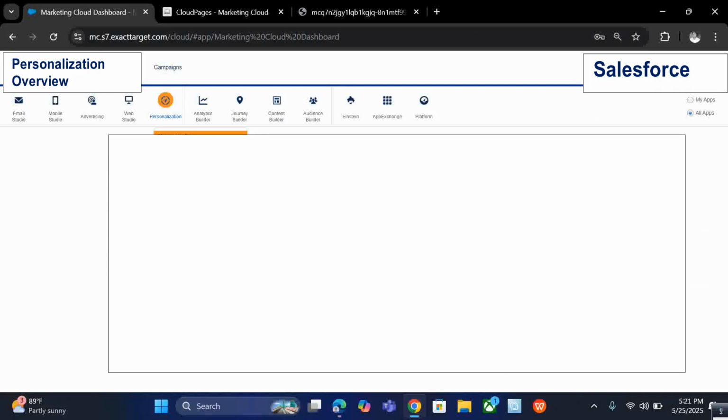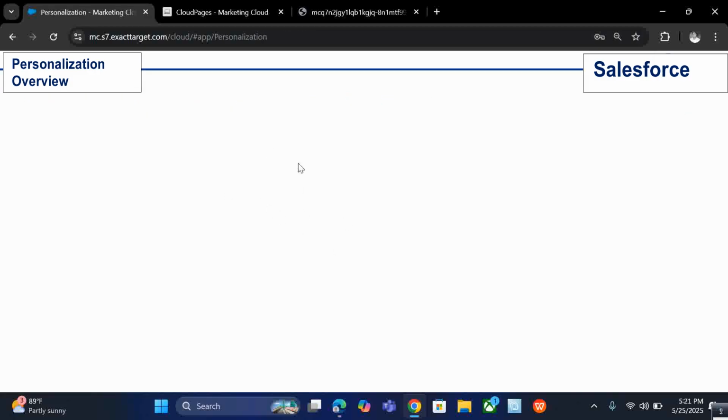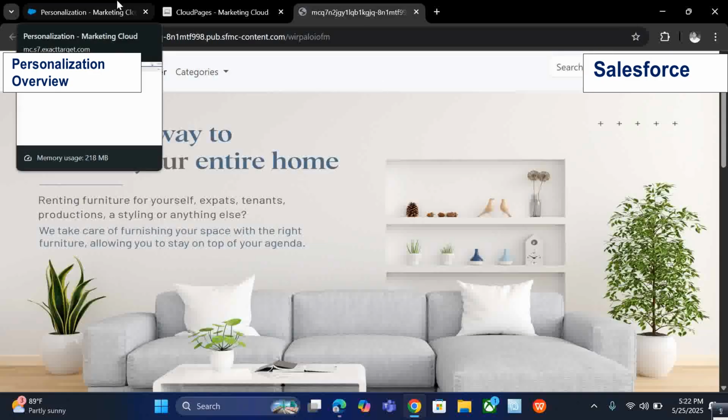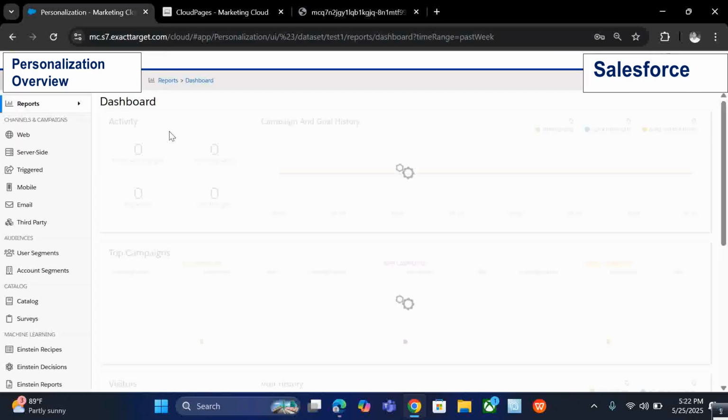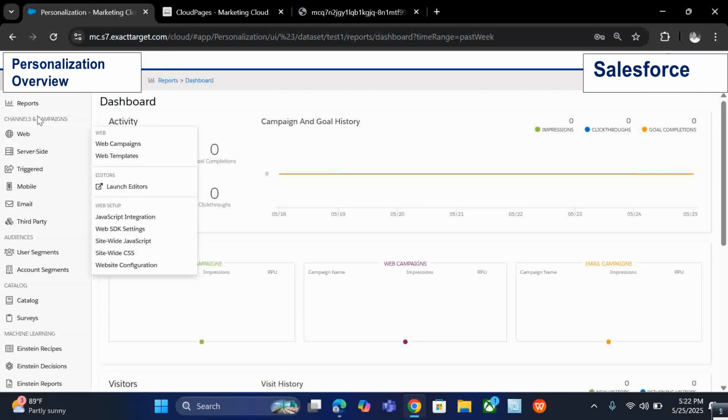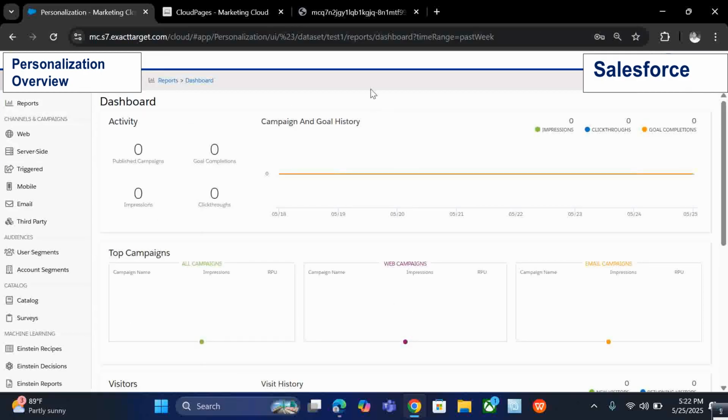reload the page. It will take some time to load. Now coming to this, once the data set you have created, from that manage data set, you can create the data set. Once you have created the data set,